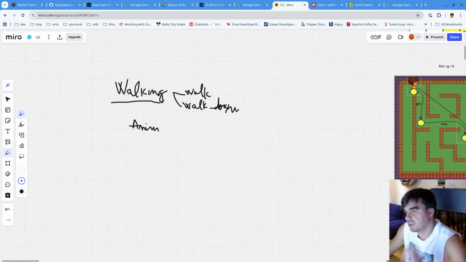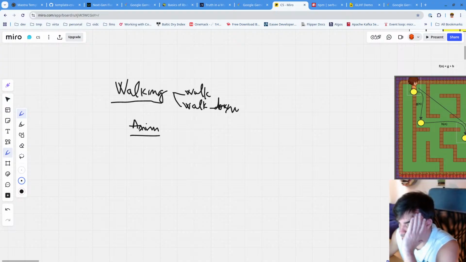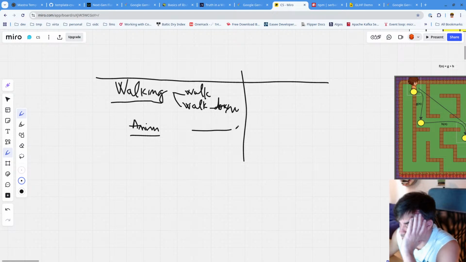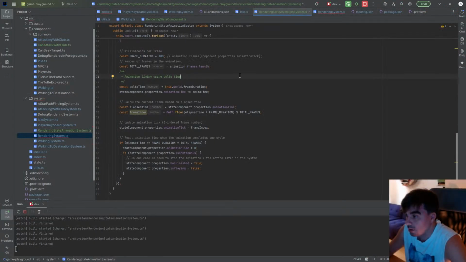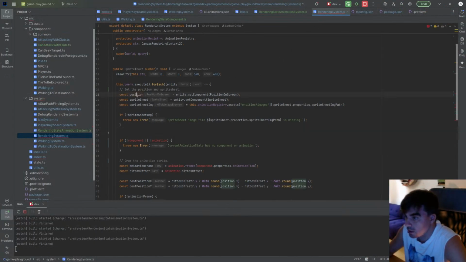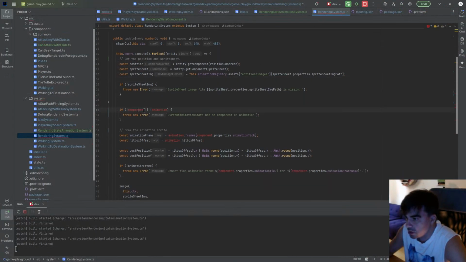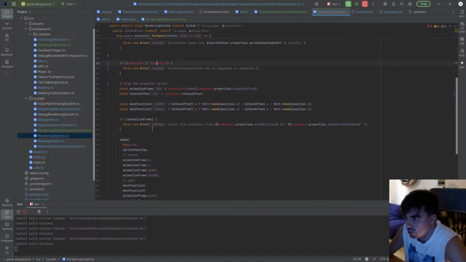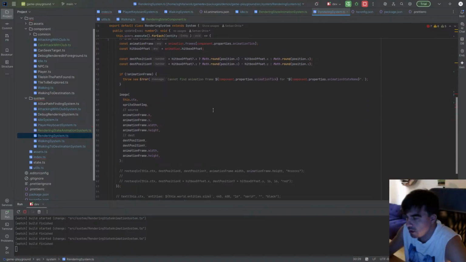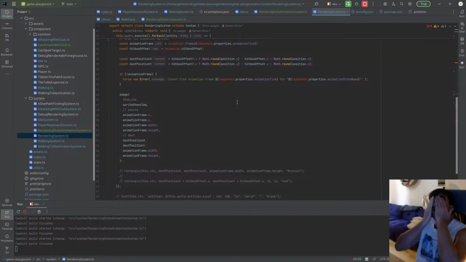But I know this is the component, this is the animation. And then I'm feeding this to the first system. And the second system just gets this and this here: position, sprite sheet, and just renders these two. Just rendering. I mean, it makes sense to separate these two, but in order to separate them,